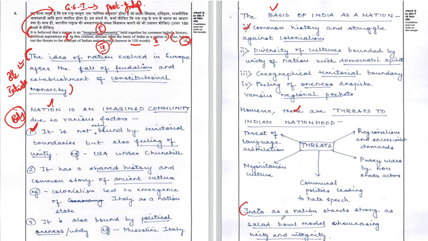Let's now come to the conclusion, friends. The conclusion has also been written in 2.5 lines. Again, it is crisp and to the point. So I would say this is one of the perfect ways to write a conclusion in a 10-marker question. Okay friends, let's now look at the body of the question.